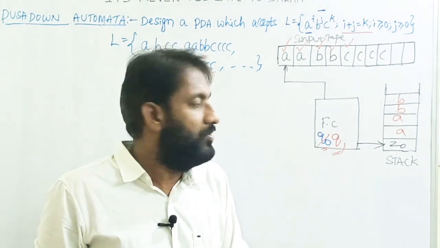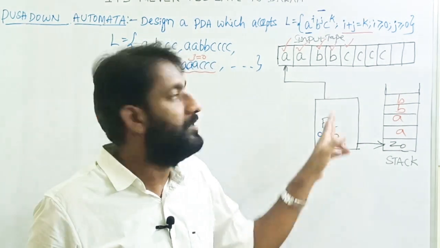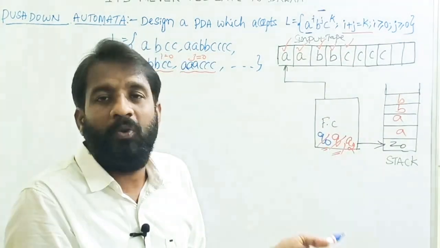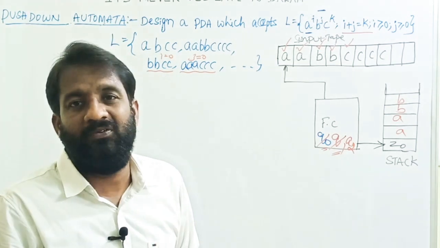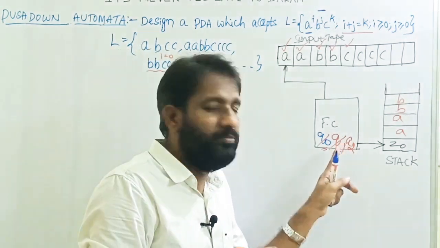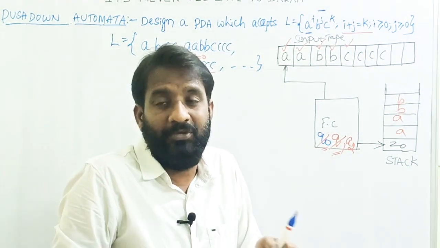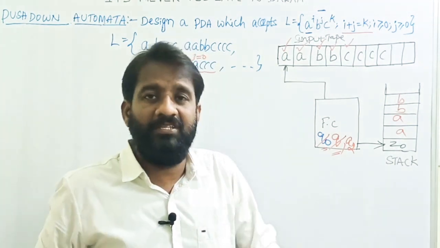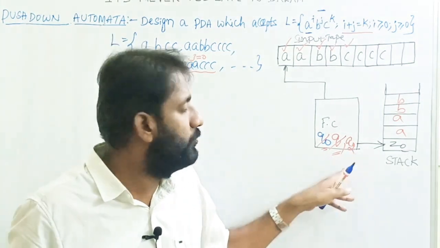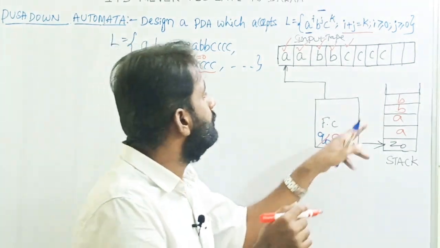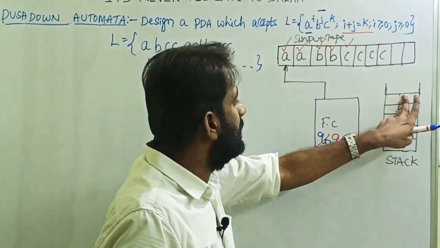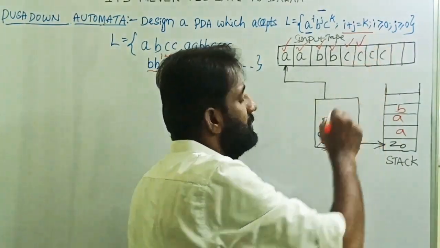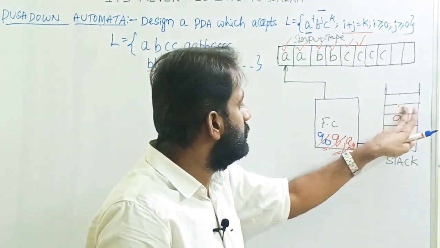So on state q1, read c and change state from q1 to q2 by popping a symbol from the top of the stack. Why I am changing from q1 to q2 state: now I am reading c's and doing the pop operation. I have to show the difference in the configuration. That's why I am changing from q1 to q2. So for this c, pop b. Then what is the next input symbol? c, remain on the same state, pop b from the top of the stack.